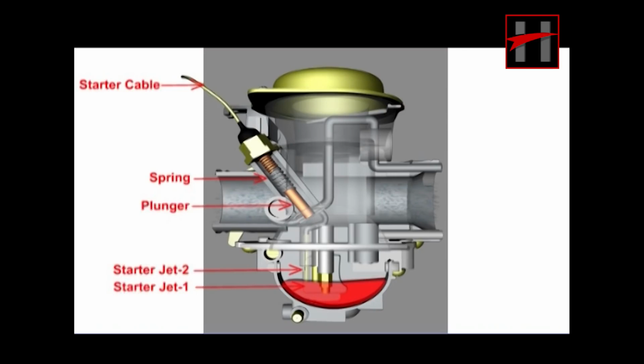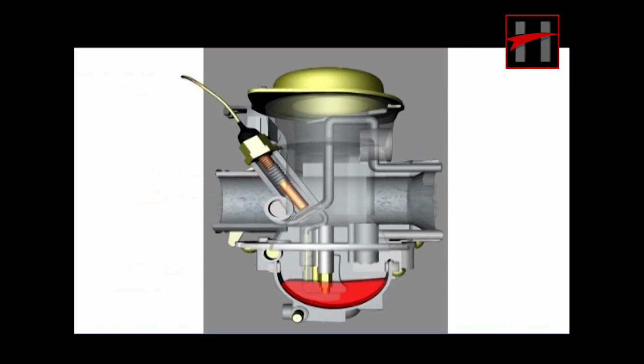When the starter is opened, the starter plunger lifts up from its seat and the air enters the starting circuit through starter air passage. This creates suction to drop the fuel from the float chamber through the starter jets. Finally, the mixture is drawn into the engine through mixture outlet provided in the main venturi near the carburetor outlet.